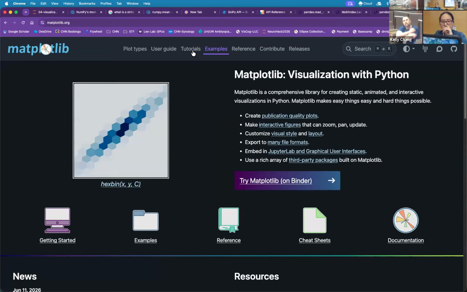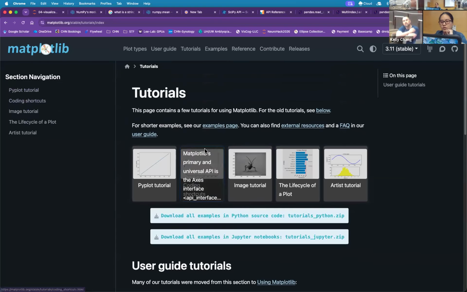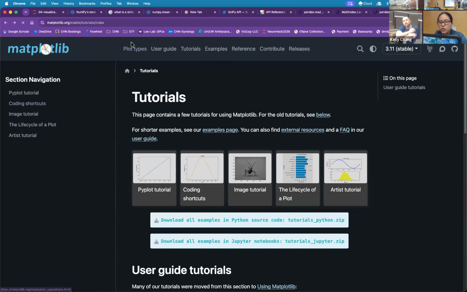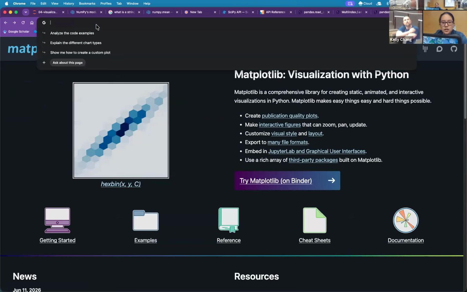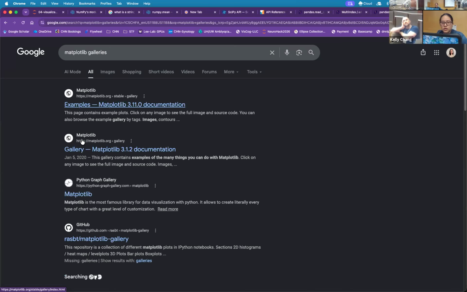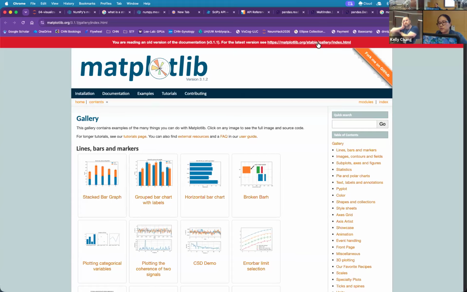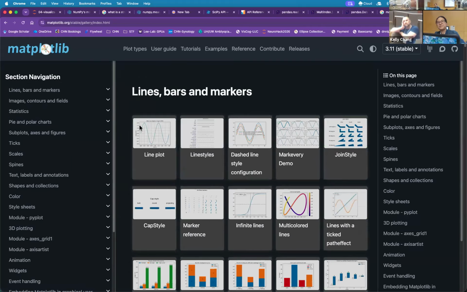A lot of these visualization tools have tutorials, so you have really quick examples, but more importantly, I actually tend to go towards the galleries. So, galleries of matplotlib examples here. Wow, this is really old. To the new ones.